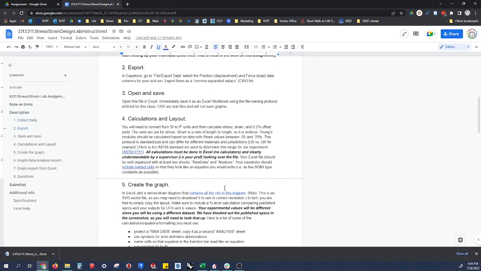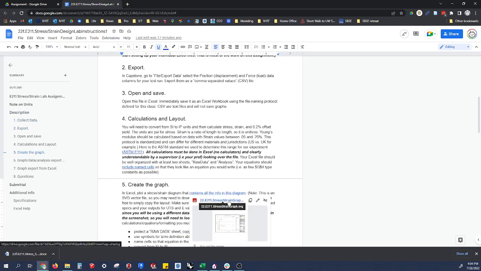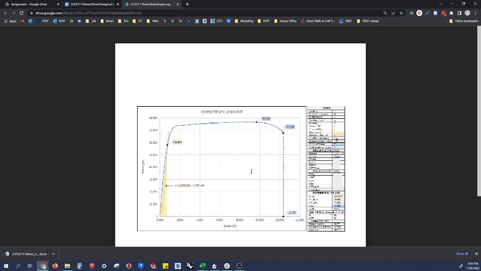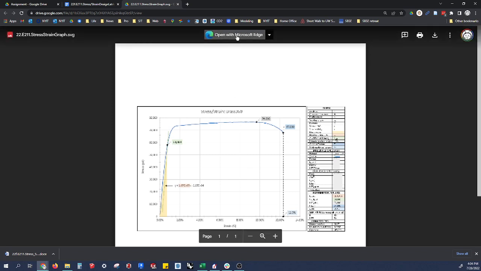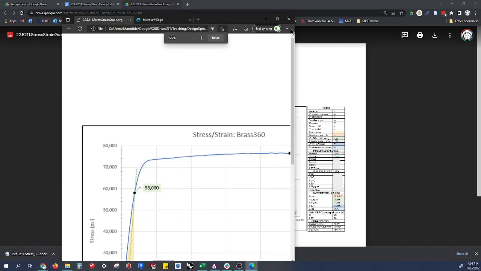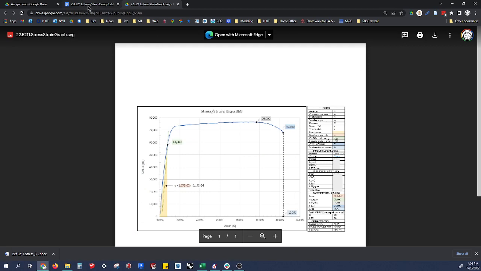Oops, that's the wrong thing. There's a screenshot of a diagram. This is a good moment to mention this. So for example, this is an SVG file, which is a vector file, which means these lines we can zoom in as far as we want to. However, if you see something like this, and it's really low resolution, and it's a vector file, you just have to open it. If you do that, you'll see that I can zoom in as far as I want to, and the line weights are maintained. Anyway,